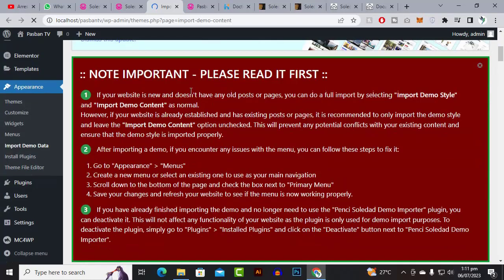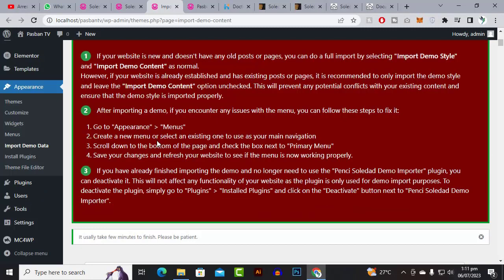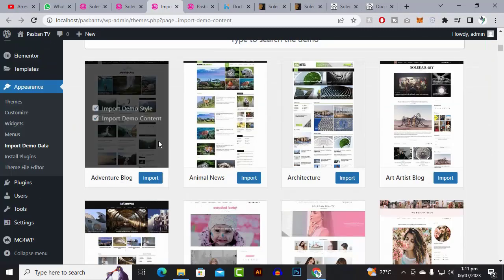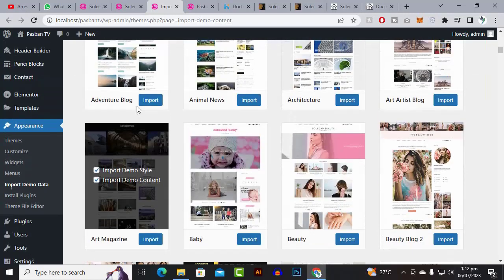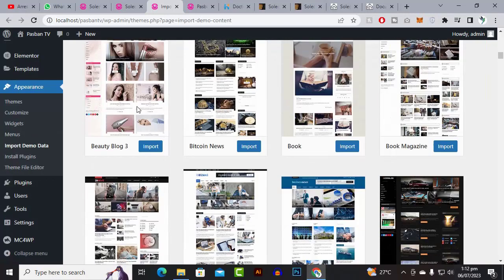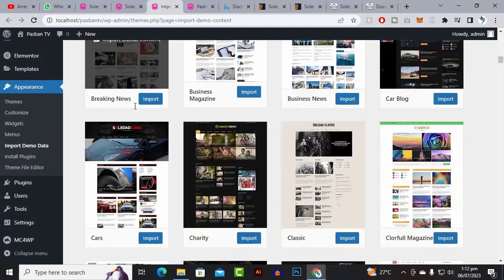So we will just click on import demo data, and here is the message note if you don't have all posts. Okay, import, no problem. And we have these demos. So we have to choose the demo 24 news. So let's find out that template, that theme,